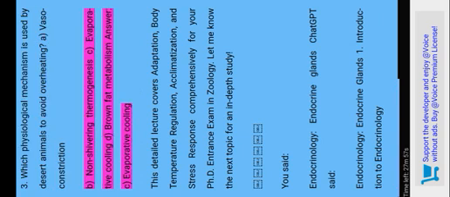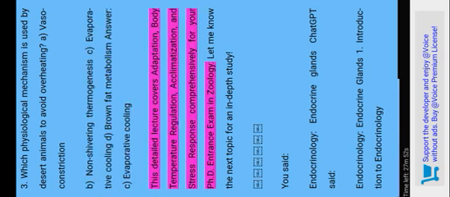3. Which physiological mechanism is used by desert animals to avoid overheating? A. Vasoconstriction. B. Non-shivering thermogenesis. C. Evaporative cooling. D. Brown fat metabolism. Answer. C. Evaporative cooling. This detailed lecture covers adaptation, body temperature regulation, acclimatization, and stress response comprehensively for your PhD